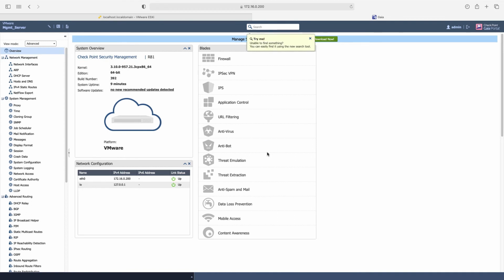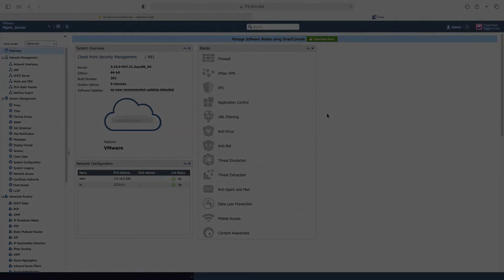Now, after the installation is finished, our web page is opened. After our web page is opened, you can download the Smart Console software here. We will install this Smart Console software on our 172.16.0.144 admin PC and connect to our management server via this software. Now let's install our Smart Console on our admin PC.